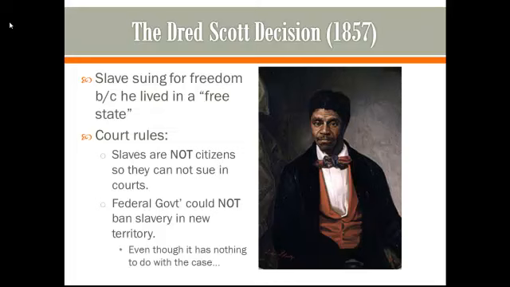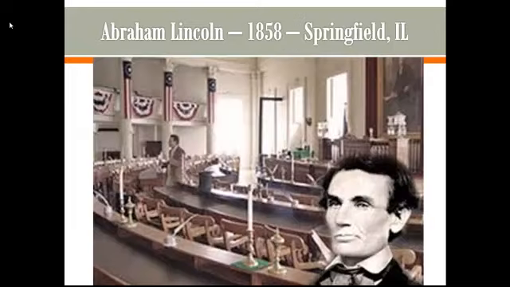What this did is it repealed the Missouri Compromise. It said that compromise line that everyone had been ignoring was unconstitutional. This is a very controversial decision, and it was a Supreme Court made up mostly of Southerners. So that kind of tells us why they rule how they do. And so now we're almost to the Civil War.